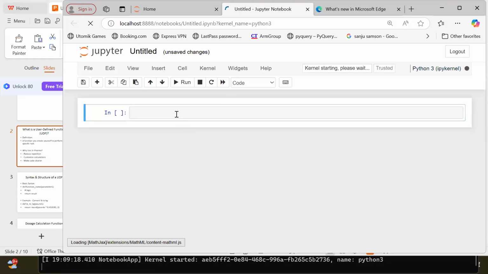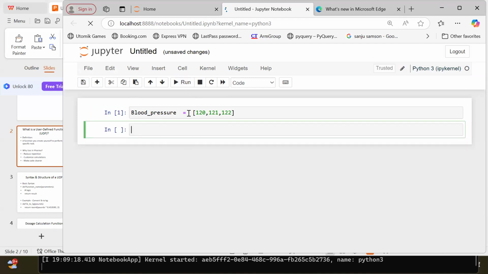So we have seen some topics, maybe we have seen lists, right? Python list. For example, if there are different blood pressures, and if I want to find the mean for this, the average for this, what I can do is